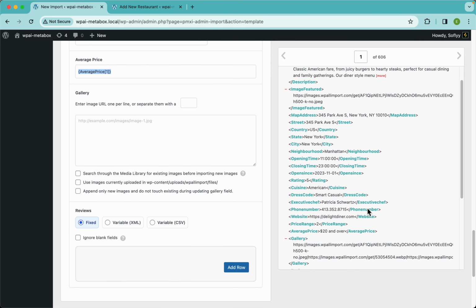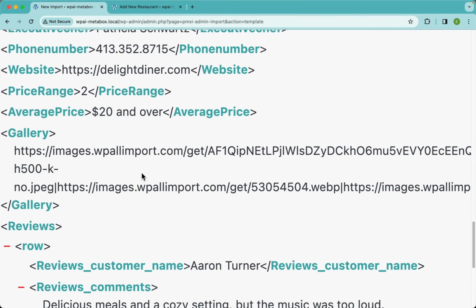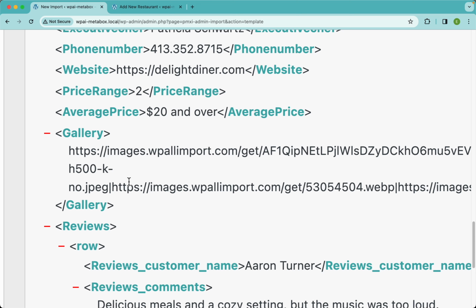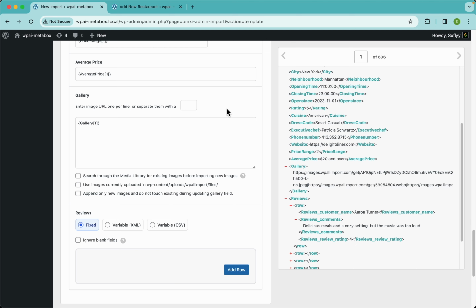Cool. Now guys, we have here our gallery element. First, let's drag and drop that, and then we need to zoom in here so we can see which delimiter is using this import file to separate the different URLs. So in this case, it's a pipe. So we need to use that same pipe here. Now this will ensure us that WPL import will be able to separate all of these URLs and download them